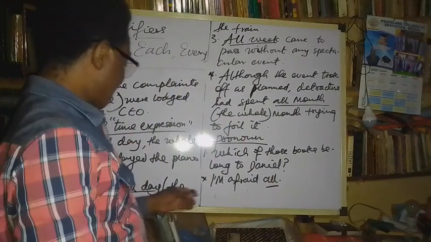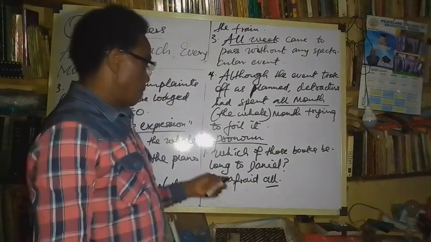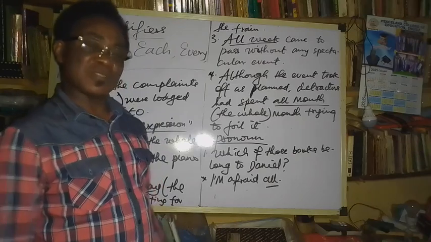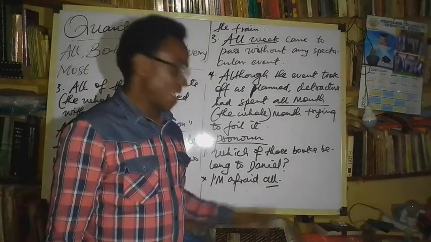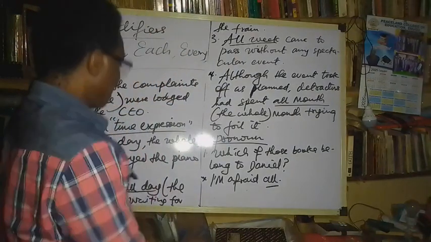The first example here says, which of those books belong to Daniel? That's a question. And an answer says, I'm afraid all. All here is a pronoun because it stands for books. Now, if we say,